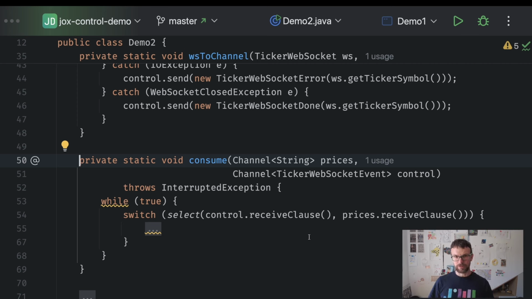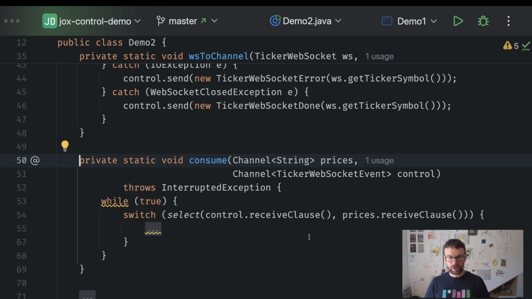And actually what we want to do is for the control information to have priority over the prices information, right? Because maybe the prices channel has a large backlog of information to process because there's a lot of stock information